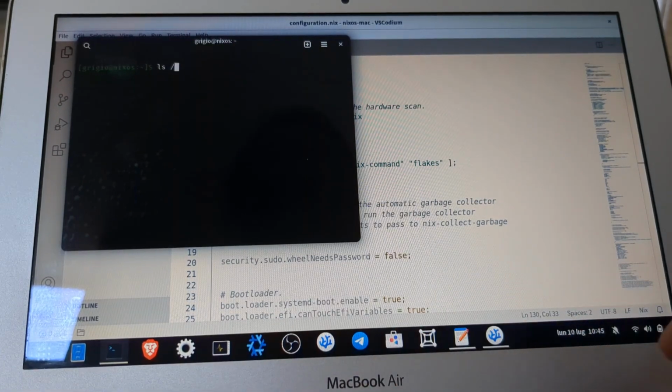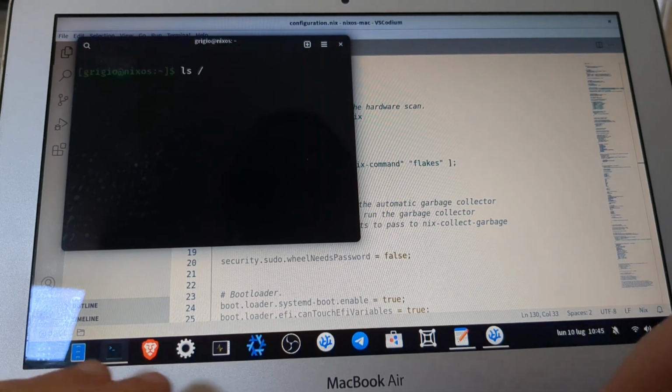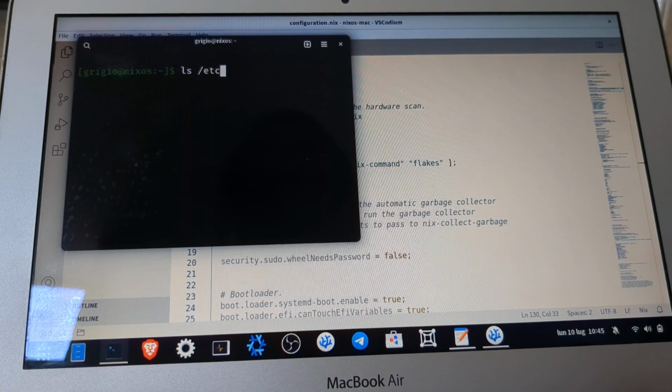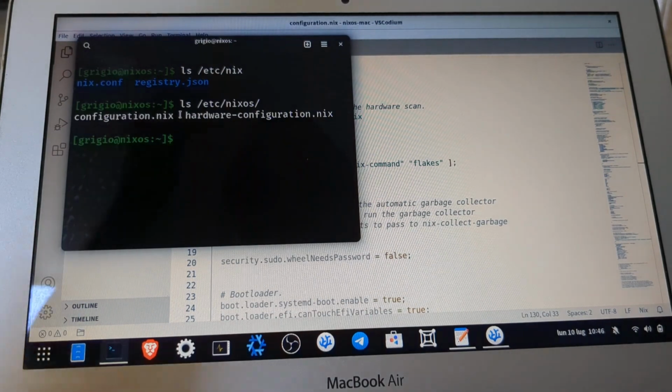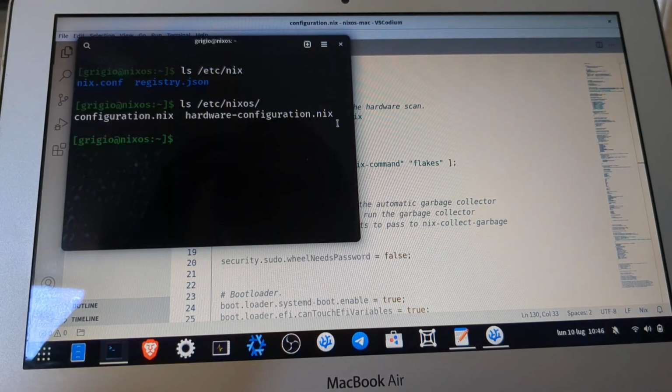When you install NixOS, you have everything inside etc/nixos. So you have configuration.nix and hardware-configuration.nix. This is the software and this is the hardware of your computer. And if you move this configuration.nix to another computer, you can recreate the same configuration in a new installation.